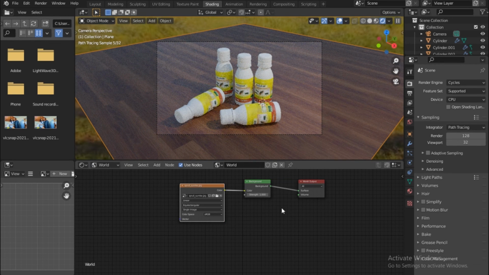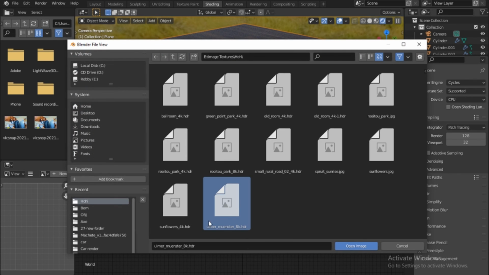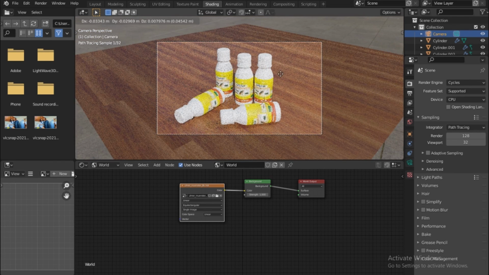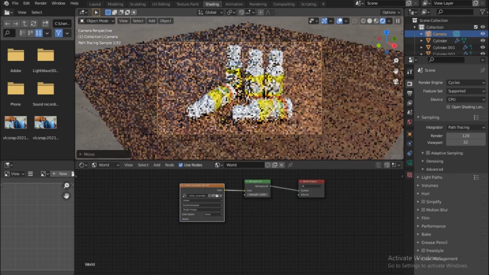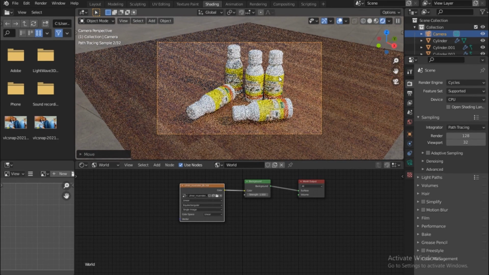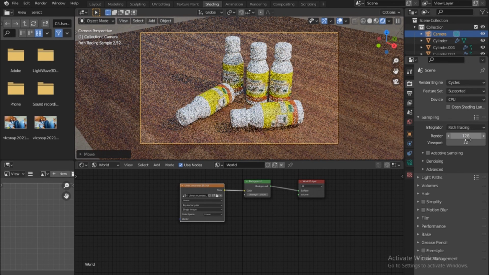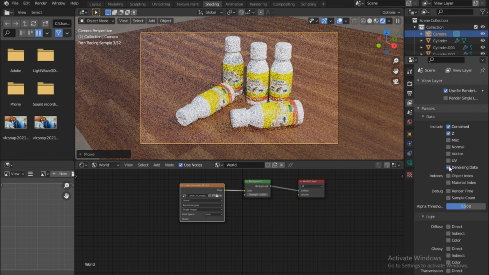Okay, so in the world, the HDRI that I want is actually different, not this that's here. So let me just change it. All right, and here we have our final look. So you just push your render button and you can actually change this. And one last thing, before I actually say we are done, just turn on denoising data here, and